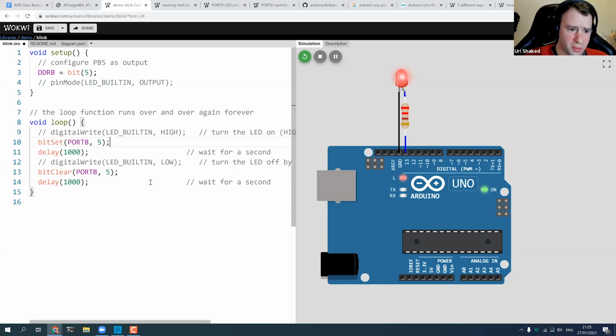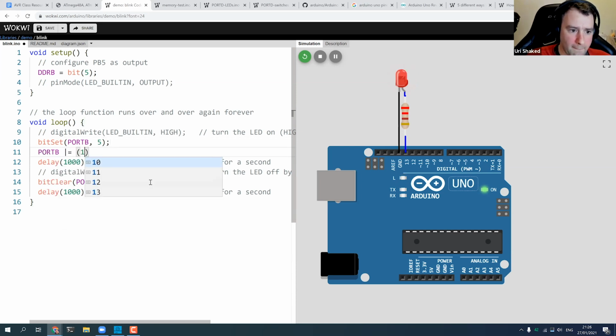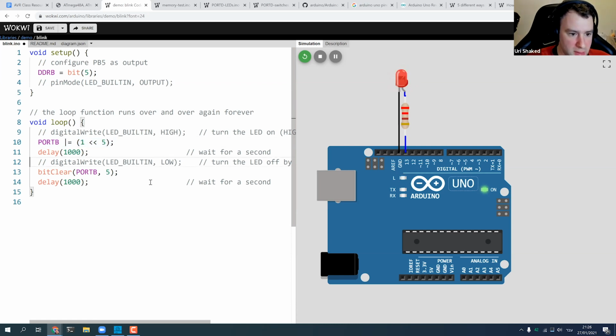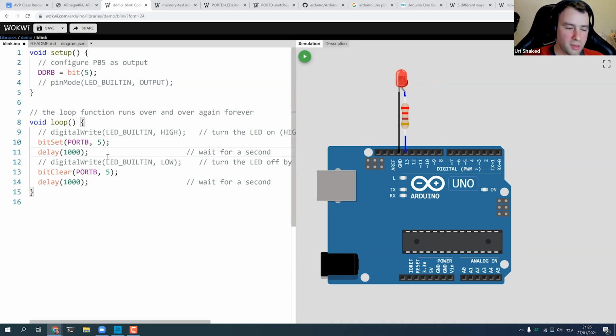And by the way, we could have also written it this way instead of using the macros. That's what these macros expand to. So basically, that would be the equivalent of what we had, but I think the macros are much easier to follow and understand. So I usually use them when I work with Arduino. And these are Arduino specific macros. If you work with the AVR-GCC compiler toolchain, then you obviously can't use them.